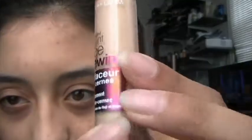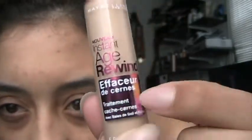Okay, so now the foundation is done, and I'm going to move on to concealer. So the concealer I use is Nauvoo. Nauvoo, oh, it's Maybelline New York. But it says Nauvoo, or something like that. I don't speak French. Instant Age Rewind. Effaceur de cernes. I don't know, don't ask me. I don't speak French. And so...